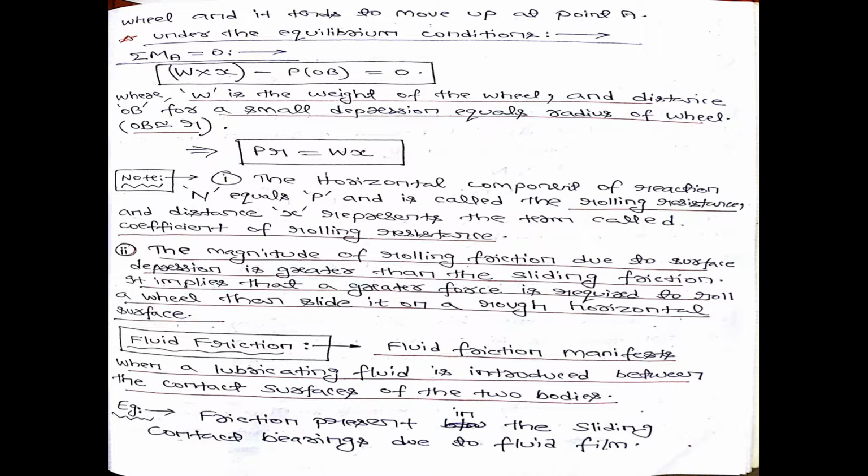That oil is nothing but it serves the purpose of lubrication. Because of that, the contacting surface between the roller of the grill and the surface on which it is moving becomes a bit smooth. And as soon as the surface becomes smooth, you can easily pull and push the grill. Are you getting my point? This is nothing but the very best and good example of fluid friction.